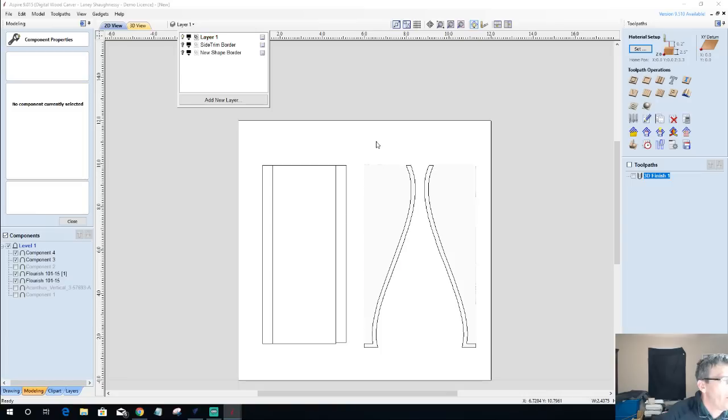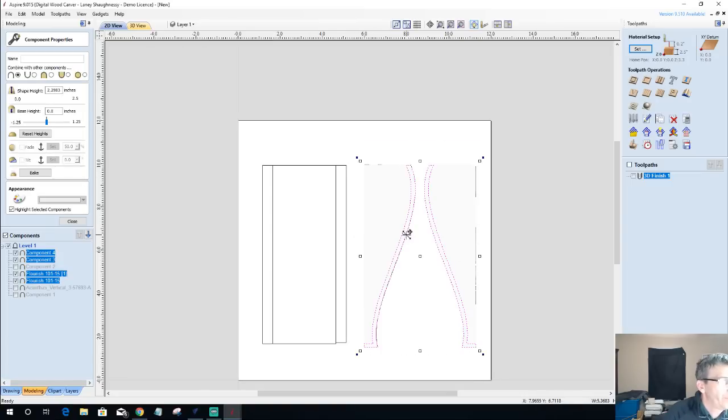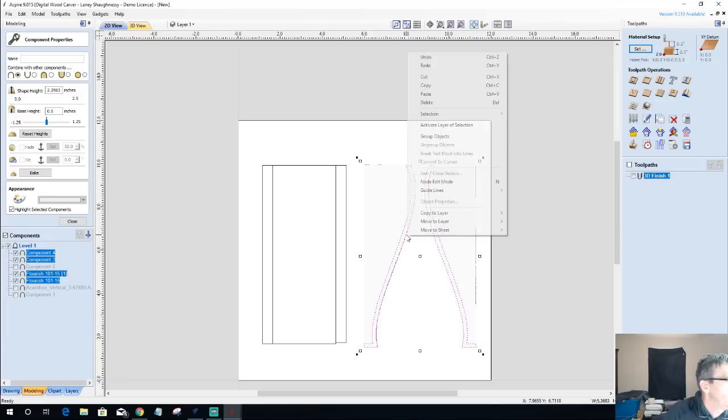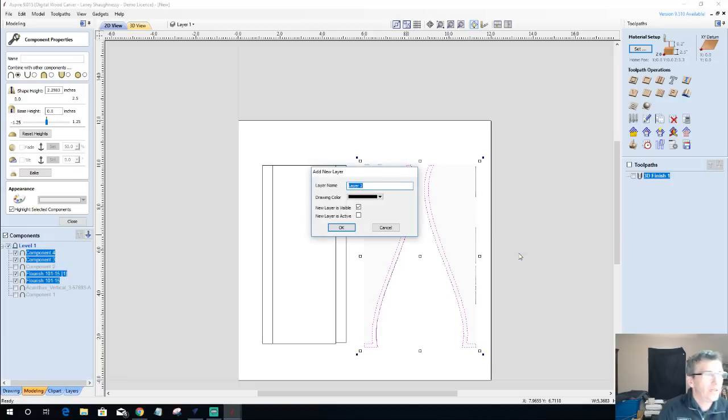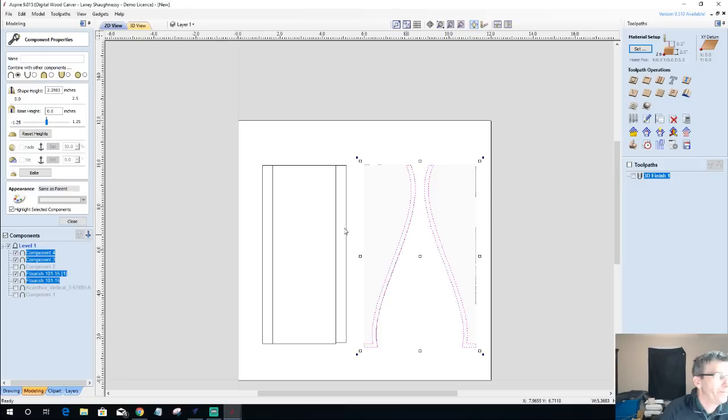we can take now and turn off all of our layers except for our main layer, and we can move these guys here. We can move that, and I'm just going to call this my sides, and I don't want it visible at this time. We'll click OK,